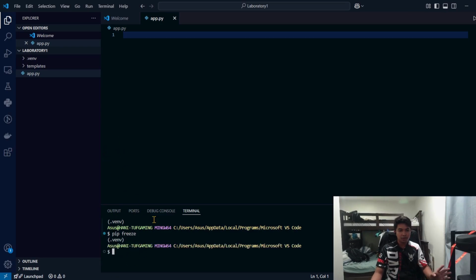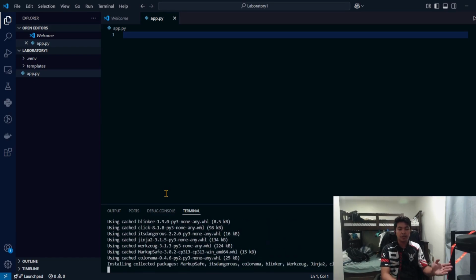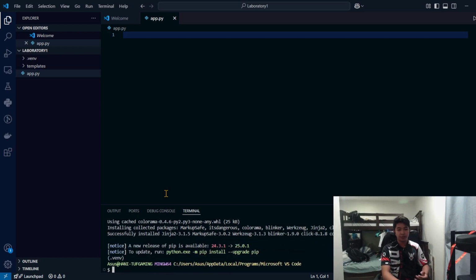Okay, so there is nothing installed. First things first, we must install Flask with pip install Flask, to run our Flask applications.